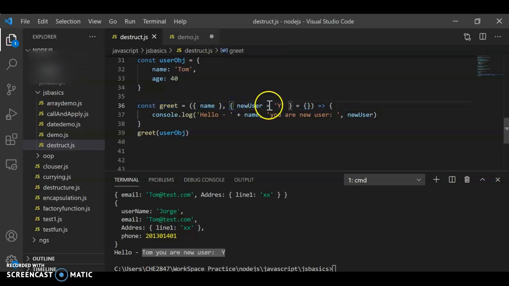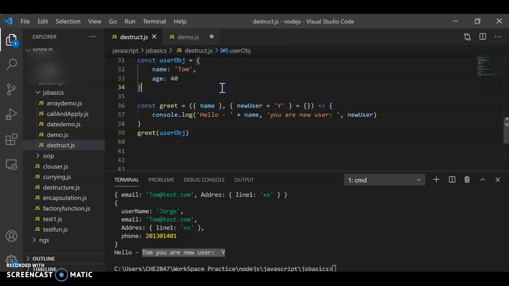Basically, if you want to set default values to the arguments, you can do it this way. You can set the values, and it should be an empty object here. So this is basically assigning the new user property the value of y, and this is the syntax. It doesn't mean it's always y.